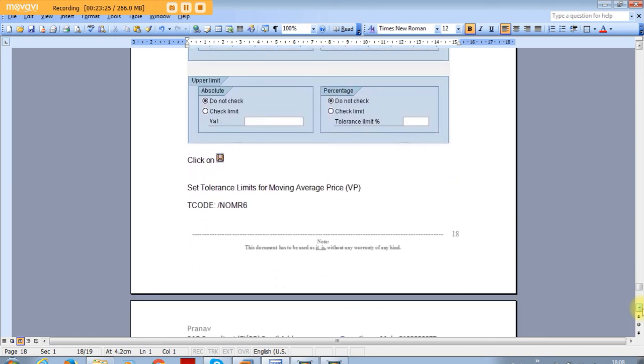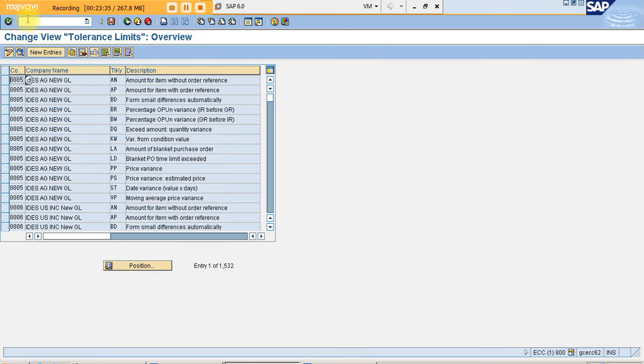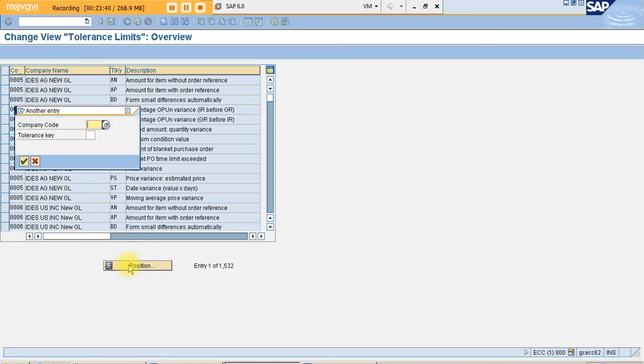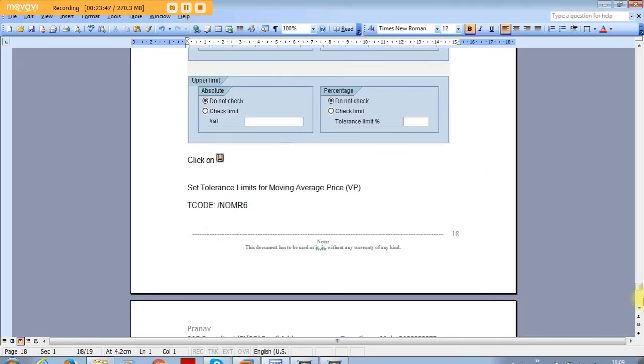Then moving average price variance, this happens in OMR6. Now again position 1000. Just a minute, I'll see the key. What is the key?